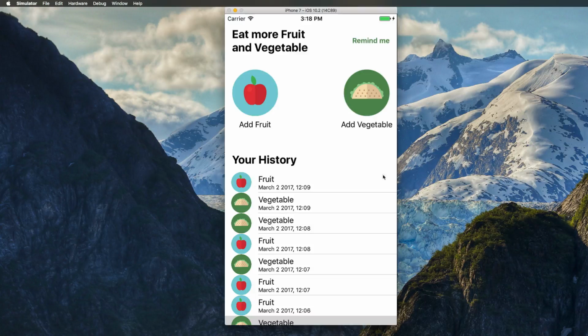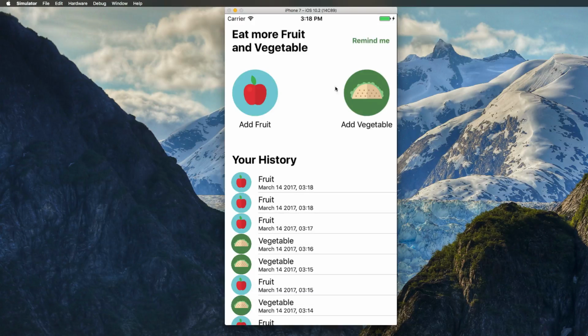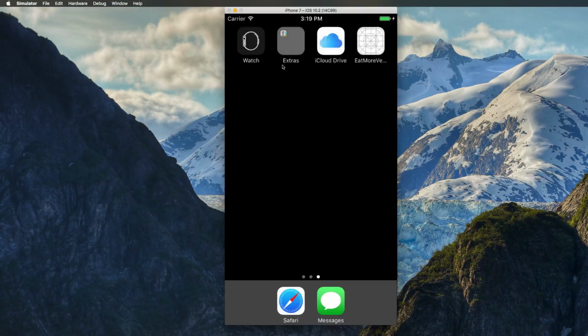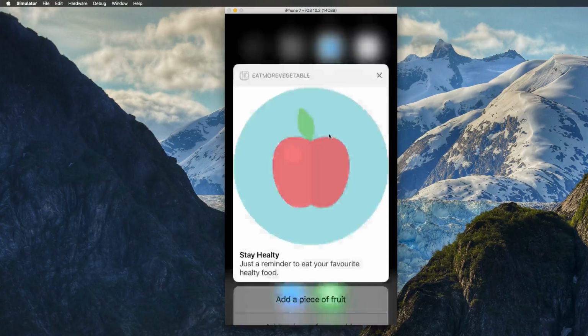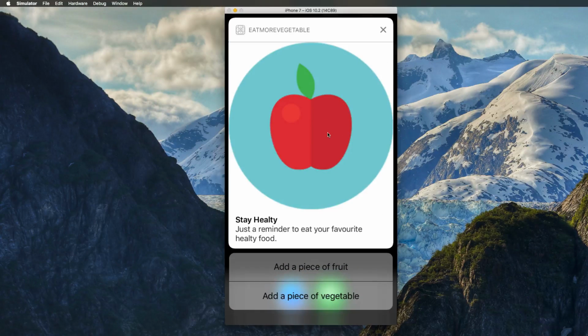application. Here you could add some fruits or some vegetable to your daily history just by clicking on a button right here, but you can also remind yourself and be regularly reminded with notifications, as we just saw, so that we do not forget to get our healthy food intake throughout the day. We are not going to create the complete app in this video, and we will focus on the user